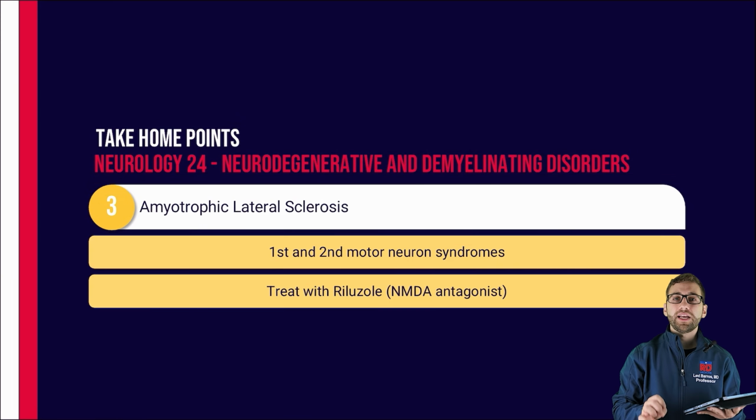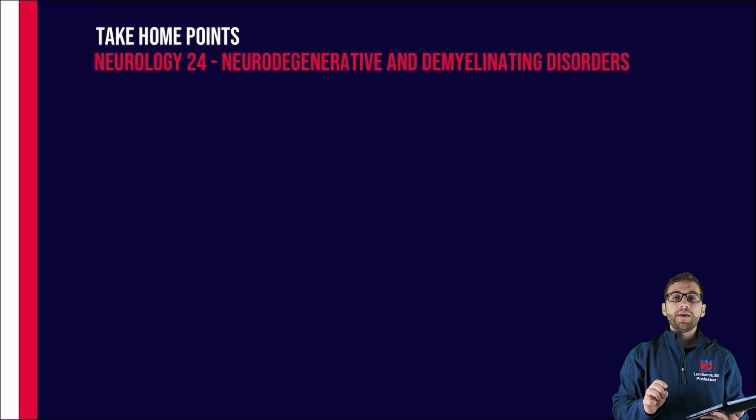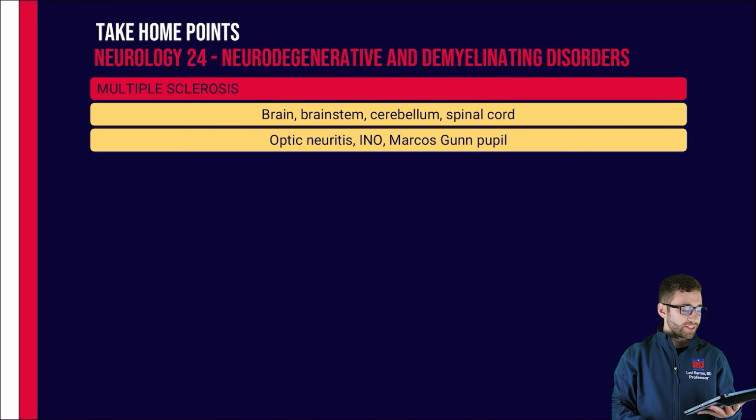Patients typically have intact cognition. Treatment with riluzole and NMDA antagonists can slow disease progression. The disease affects the brain, the brainstem, the cerebellum, and the spinal cord. MS is a demyelinating disease more common in females and in areas with low sun exposure. It can also affect the brain, the brainstem, the cerebellum, and the spinal cord, and it has a relapsing remitting course,